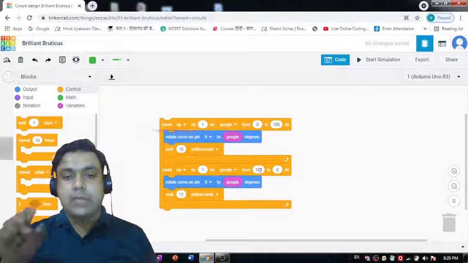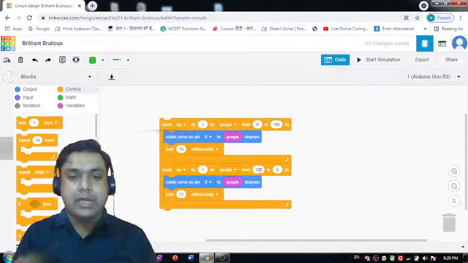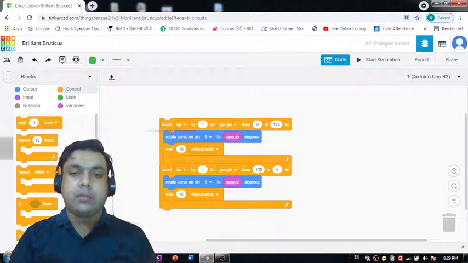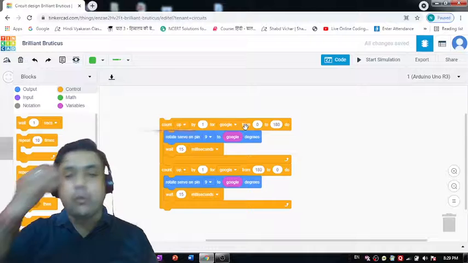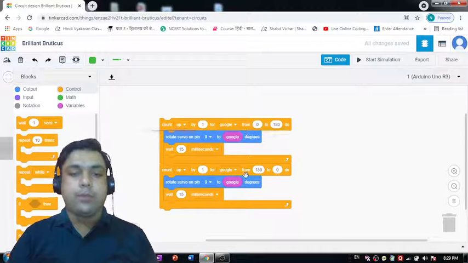So I want to see the servo motor rotating opposite to what this will make the servo motor rotate to.